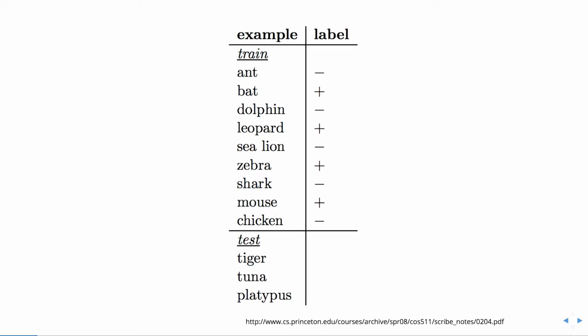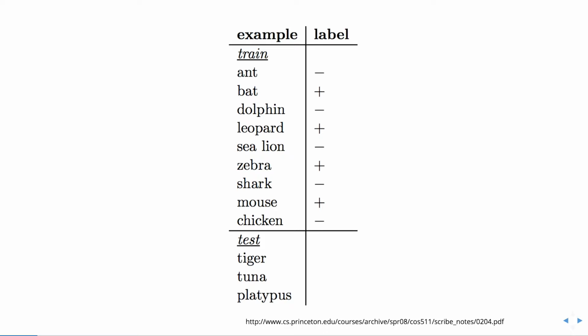Is it land, or does it live in the water? But then we have dolphins that live in the water, or maybe animals that don't live in the water and don't lay eggs. Then tiger would be a plus and platypus a minus. So the idea is that you can never do 100% right in this kind of case, because you're only as right as your rule is.